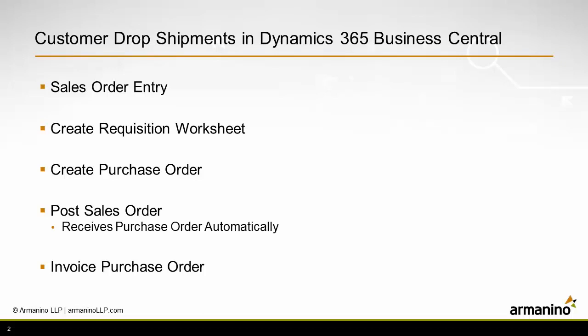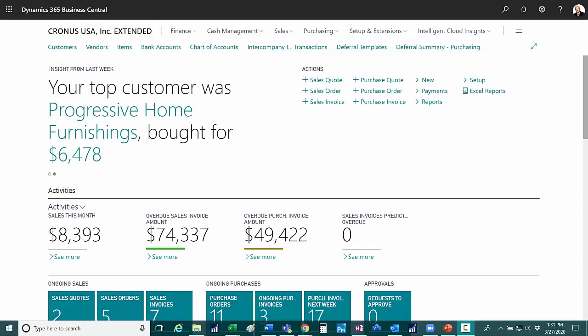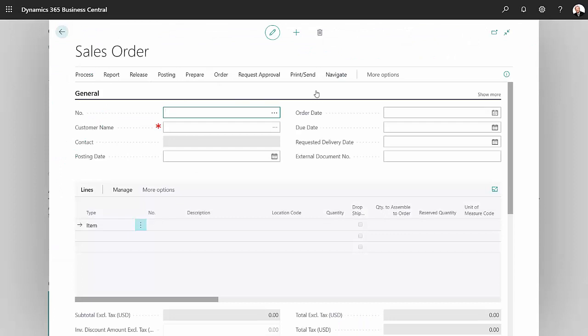Once the vendor has indicated they have shipped the items to the customer, I'll go back into the sales order and I'll ship and invoice that sales order. That will automatically receive the purchase order. I'll then go back to the purchase order and invoice that purchase order, and that will be the process. So let's get started. The first thing I'll do is create a sales order,